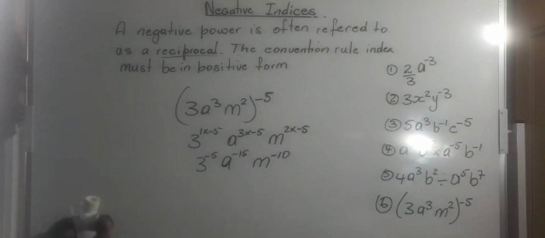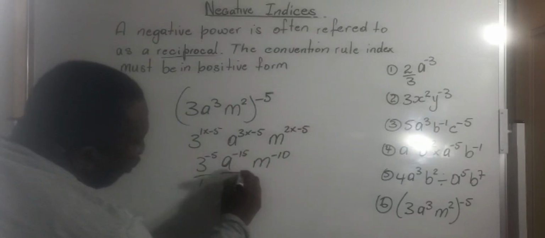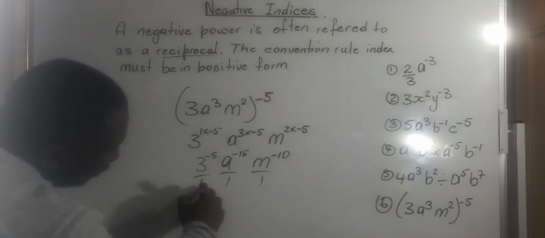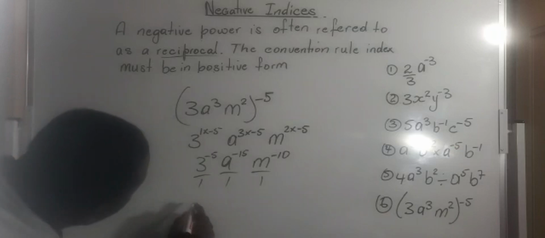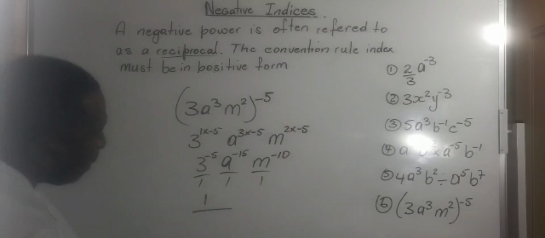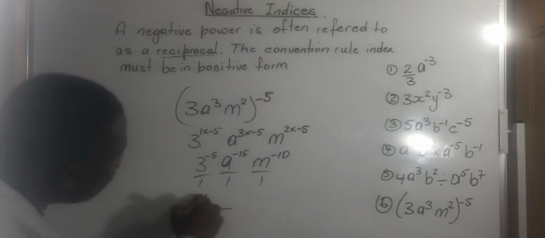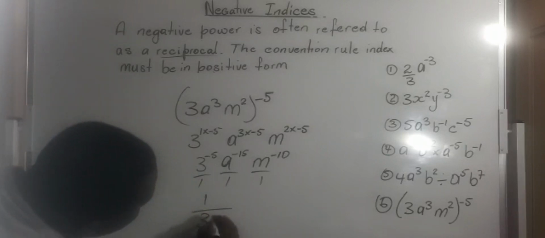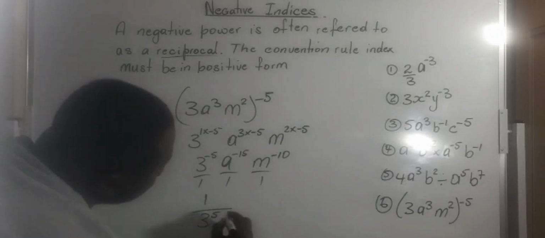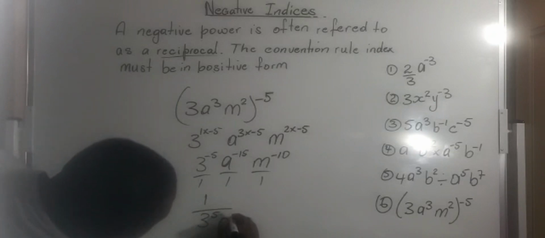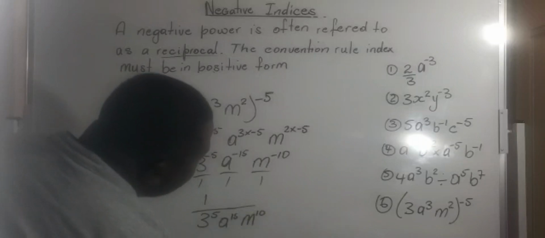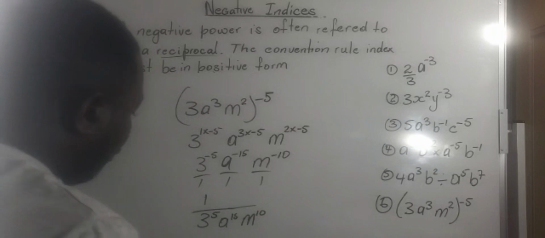Now we're going to be flipping and flipping and flipping. So if I just simply put over 1, if you want to do that. If you don't want to, feel free. This will become here, guys, if I flip, it's going to be 1 across the board. So it's 1 over 3 to the 5th, still 1 over A to the 15th. It's going to be M to positive 10. So in index form, we'd have written the problem